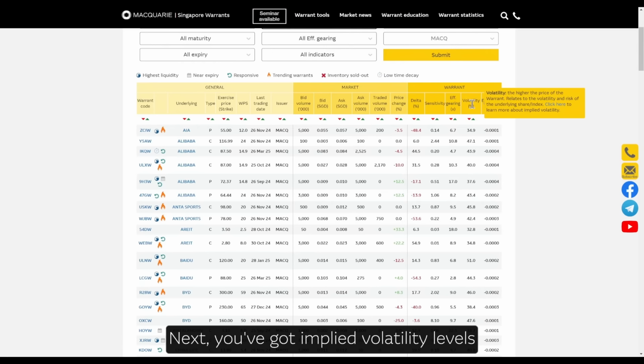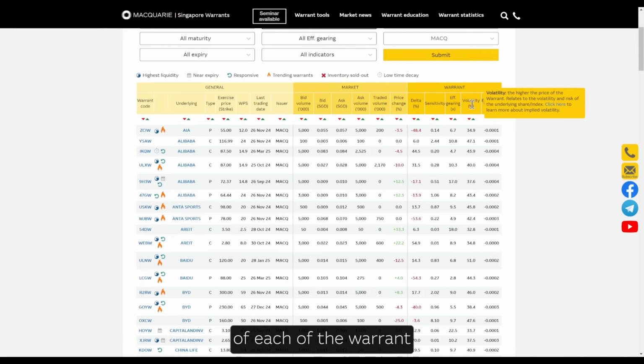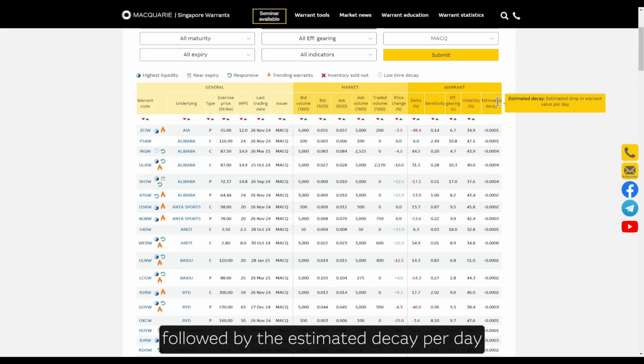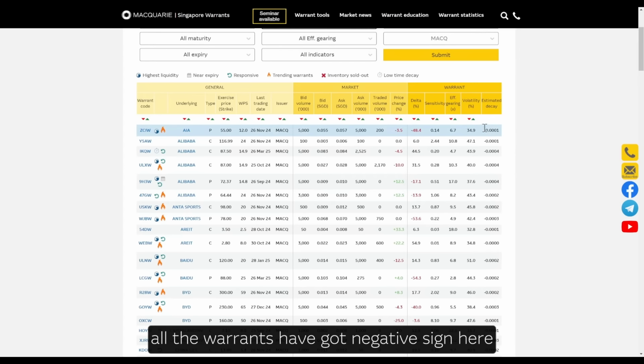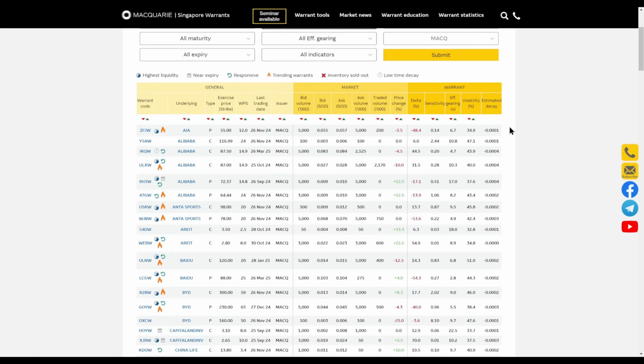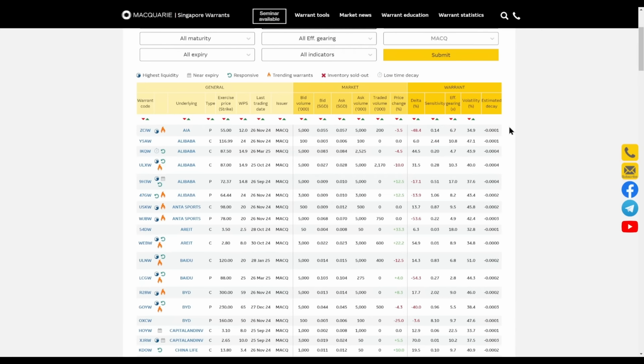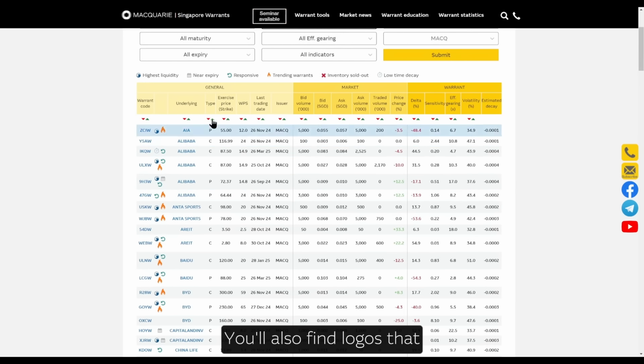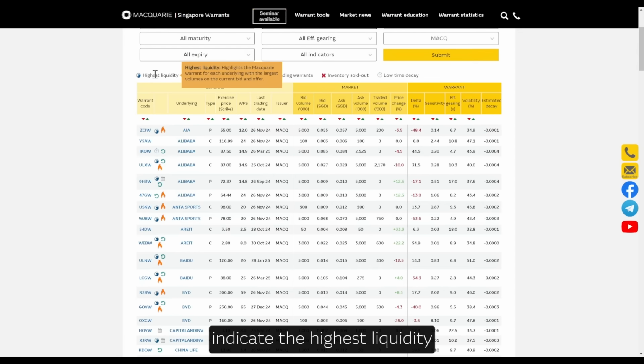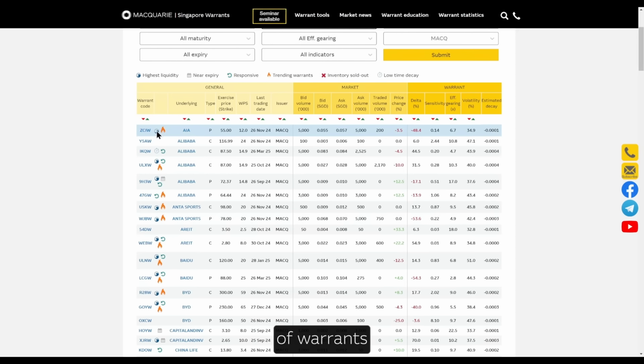Next, you've got the implied volatility levels of each of the warrants, followed by the estimated decay per day, which is why you find that all the warrants have a negative sign here to tell you how much the warrant will drop each day. You'll also find logos that indicate the highest liquidity of warrants amongst the underlying that is